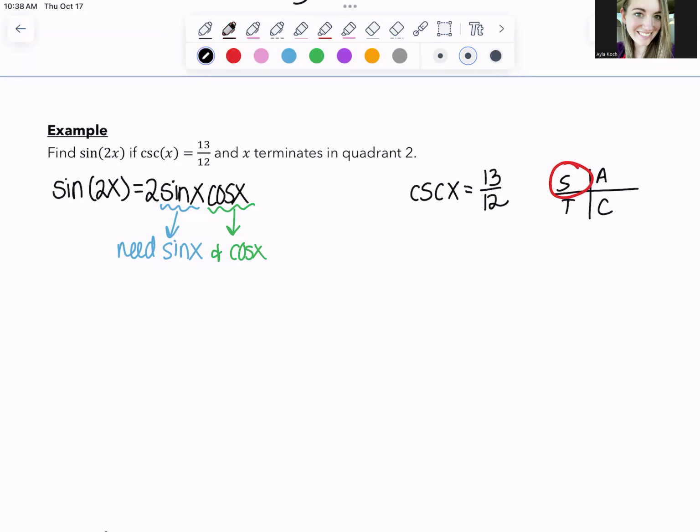So if I need sine x, oops, it's a thicker pen than I wanted. If I need sine x and cosine x,